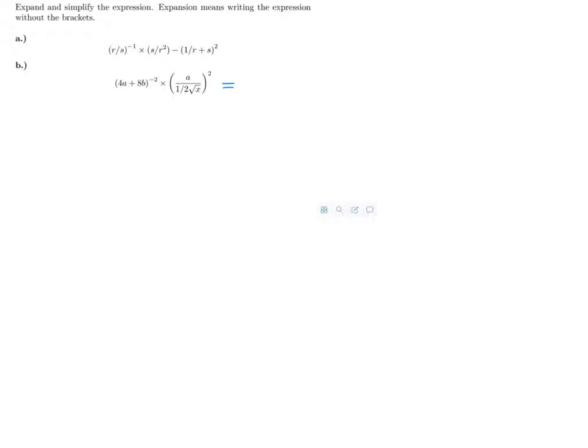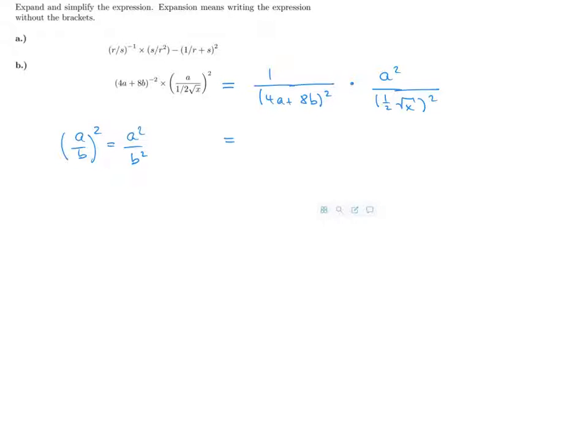Again, a negative exponent means that we have to write this as 1 divided by 4a plus 8b to the power of 2 times, now I'm again using the rule a divided by b to the power of something, in this case 2, is just a squared divided by b squared. So in this case it would be a squared divided by this whole thing to the power of 2. Then I get here,